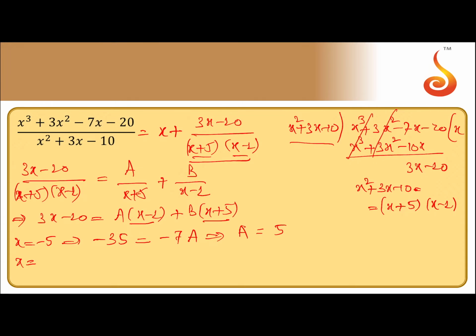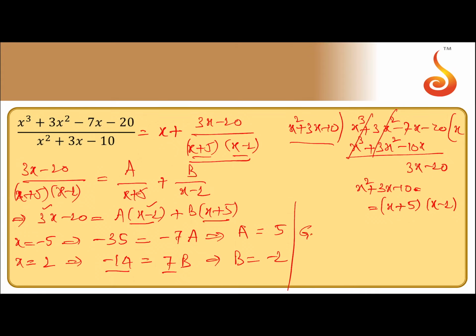When you substitute x equals 2, 2 threes are 6, minus 20, minus 14 equals 0 plus 7B, and that gives us B equals minus 14 by 7, minus 2, and therefore the partial fractions are given by